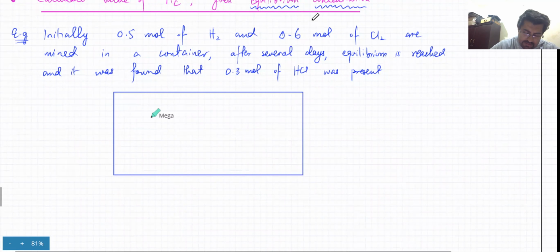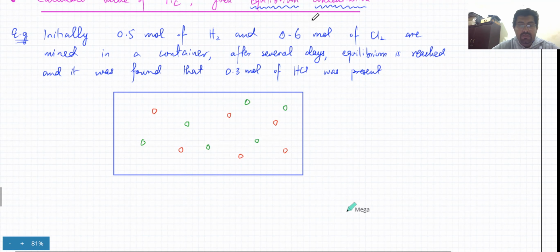he added, let's say these are H2 molecules. So initially he added these H2 molecules in the container, and he mixed them with Cl2 molecules. Let's say the green ones are Cl2 molecules, and it gives you the moles of both. So H2 and Cl2 were present initially, and then they started reacting. So there's a reaction happening. H2 and Cl2 are present initially. You've mixed them up,